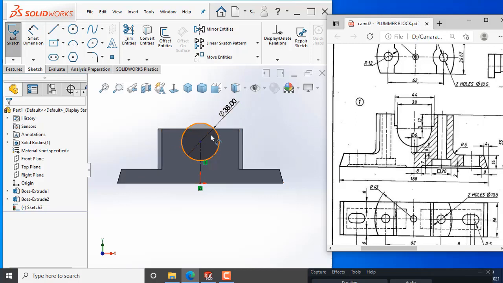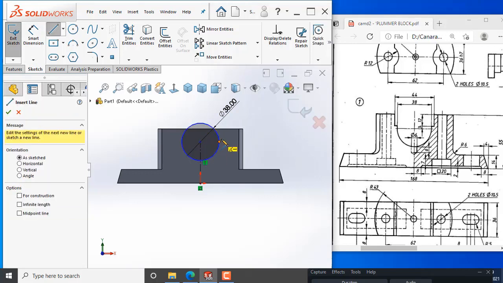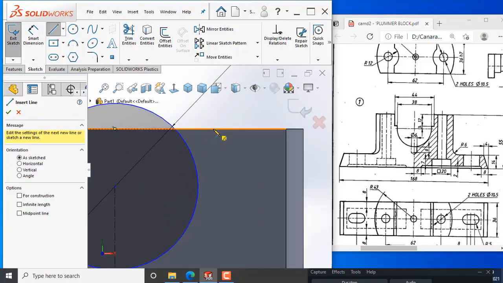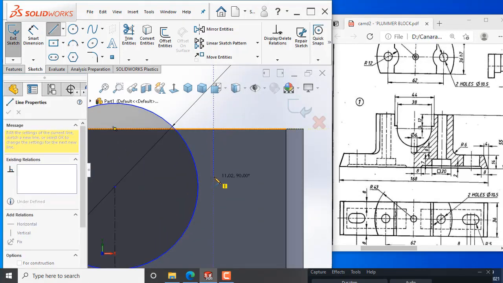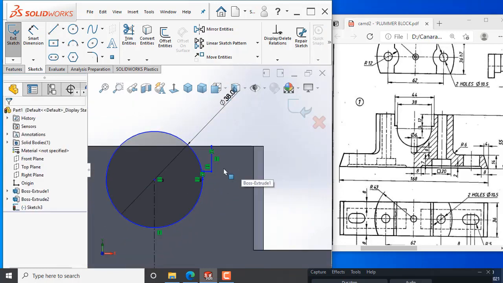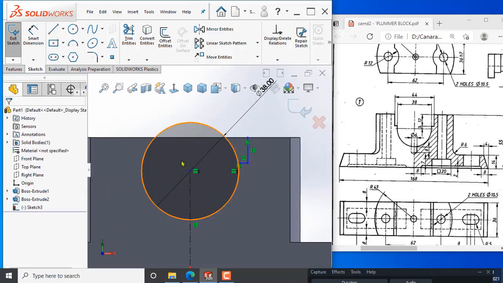We'll draw the first vertical line from here. Then I will draw one line and join this to the midpoint of the quadrant, or instead of doing like that,